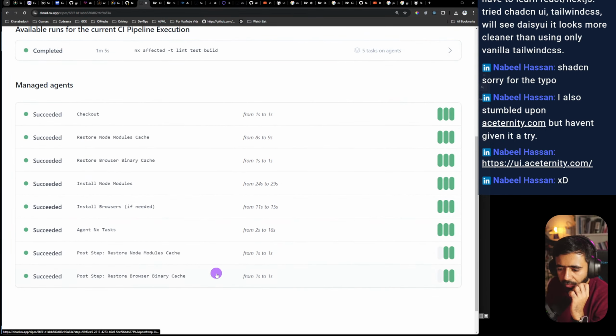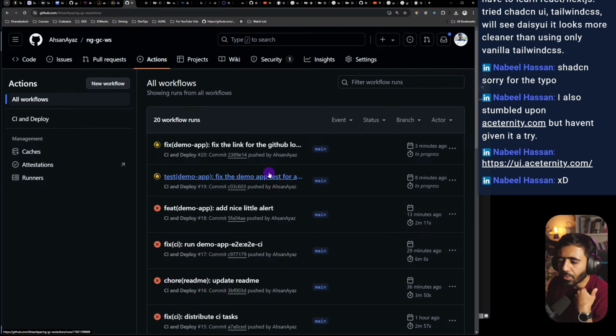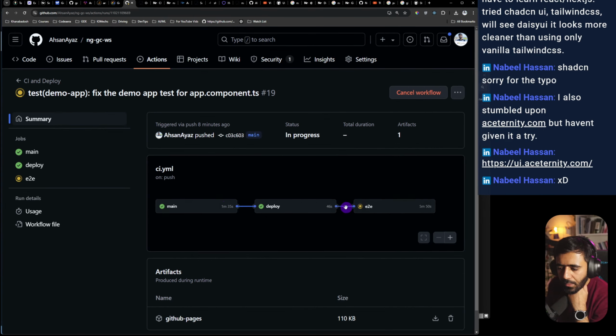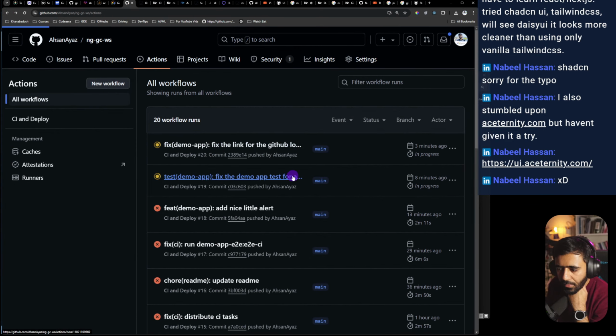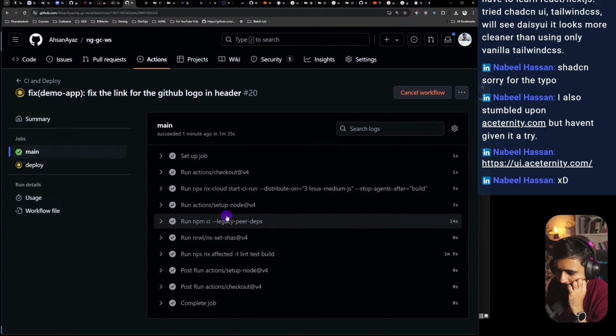Interesting. But this is the build process that succeeded, right? And if I have a look at this again, 3 minutes ago, actions, both of them are running. Pass, E2E, pass. Now this is going to deploy it. And then we have the E2E in this case. How much time does it take? So when it ran the test build, it took about